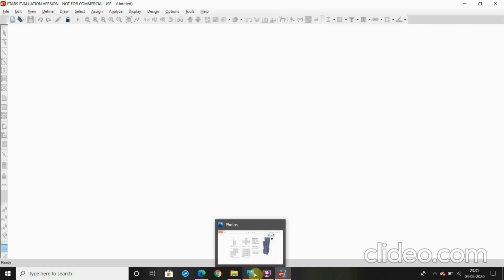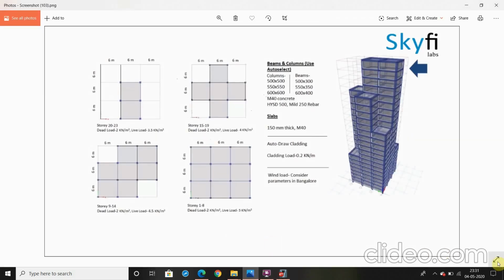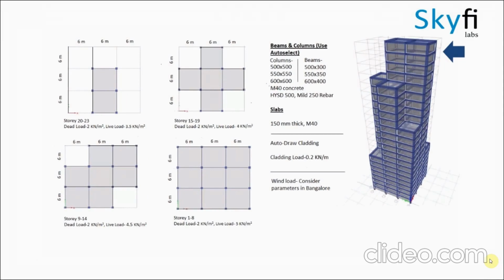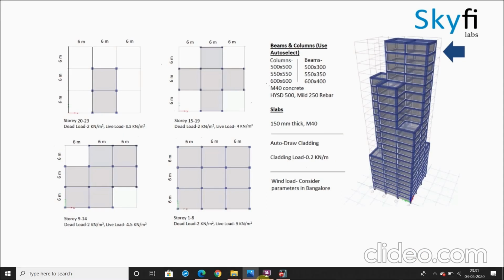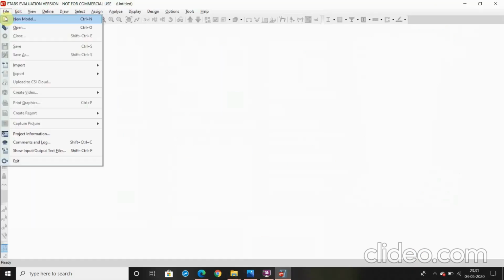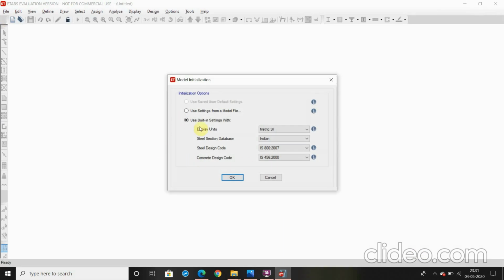Hello, I'm Josh. In this video, I will be preparing a model of a 23-story building and will be running analysis and design on the same under the load combinations of dead loads, live loads and wind loads, where the wind load parameters in Bangalore are considered as per the IS codes as the building is to be constructed in Bangalore. So we will open the ETABS software in which we will open a new model,